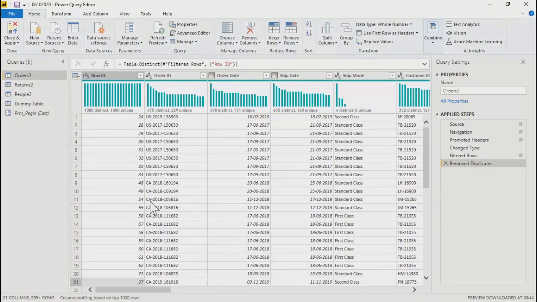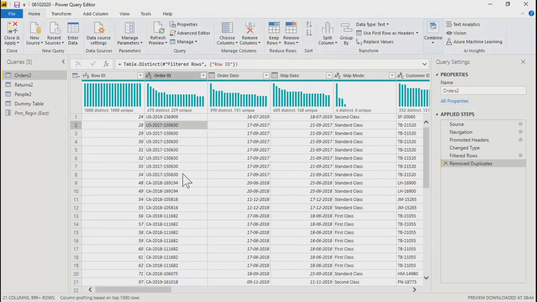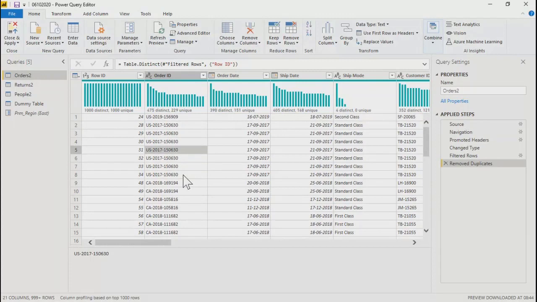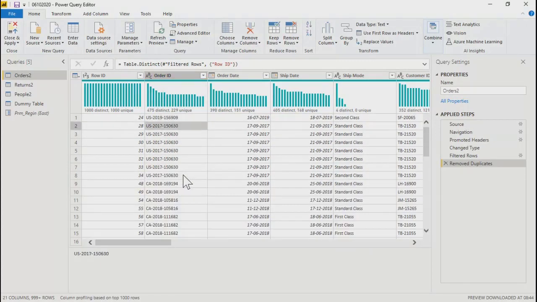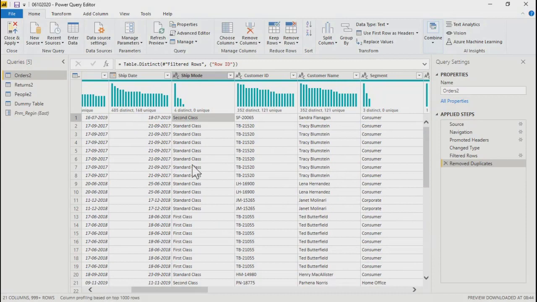So over here, in this particular field, if you follow these rows, these are the common rows, from here till here. Let's use some field wherein we can show it better, maybe ship mode or segment.